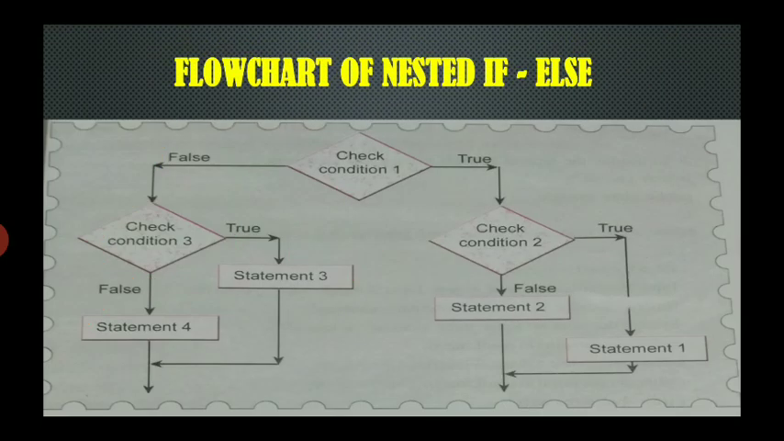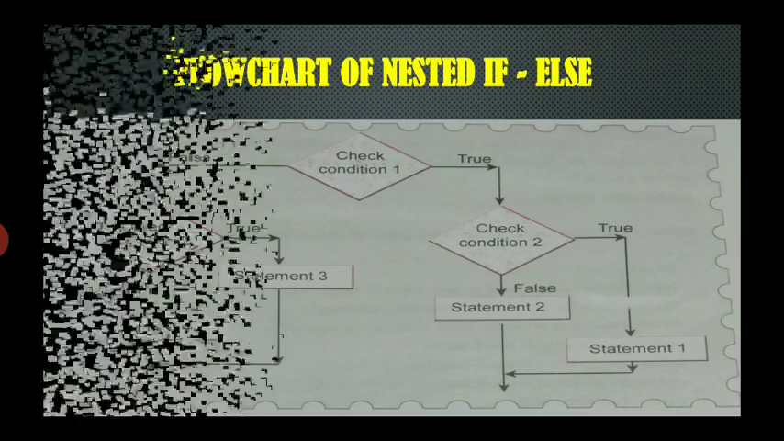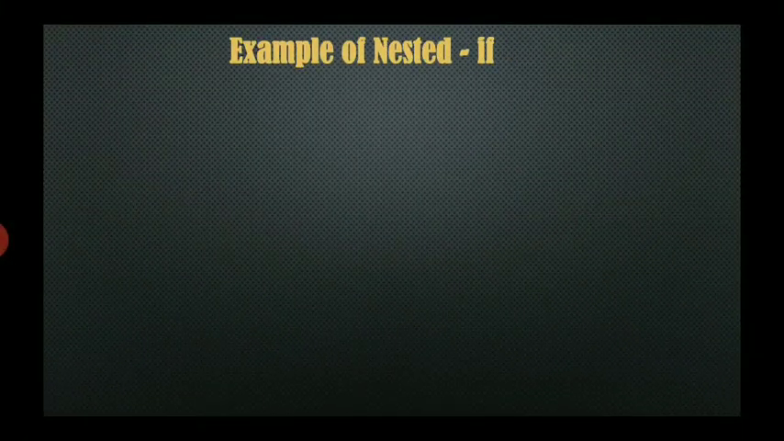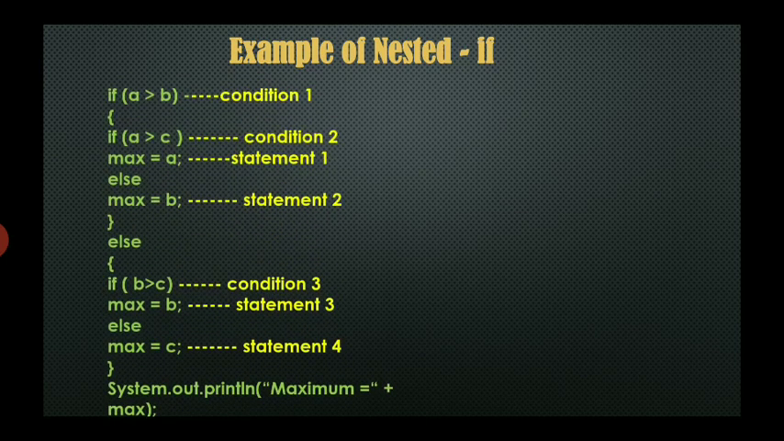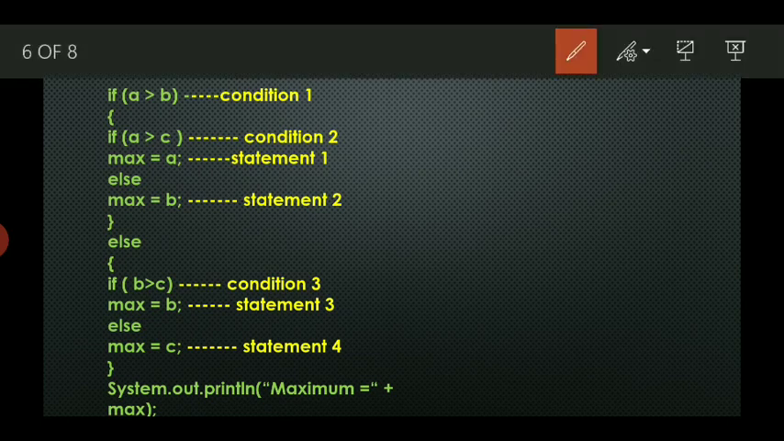Now we will see one example on nested if. Try to understand the example. Now if you see the program, it is telling that if A is greater than B, that is condition 1. If this condition 1 is satisfied, then we'll enter into condition 2, where the